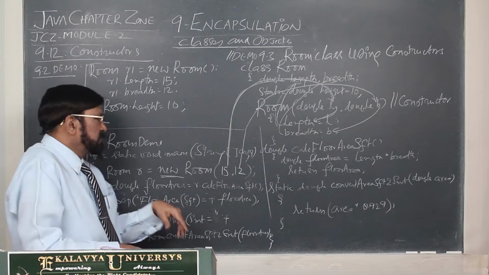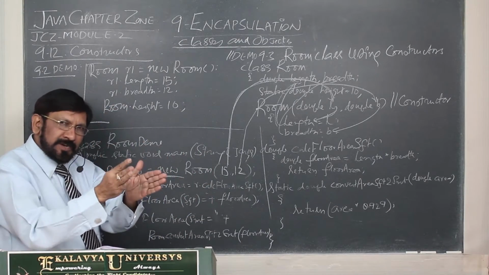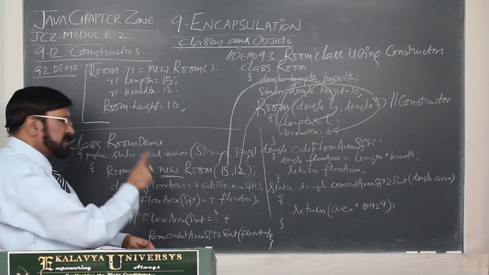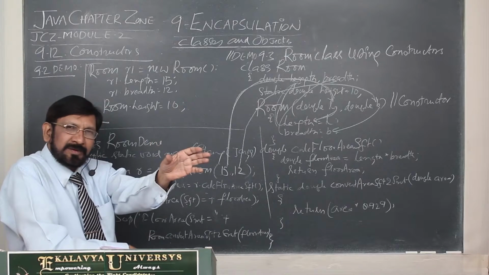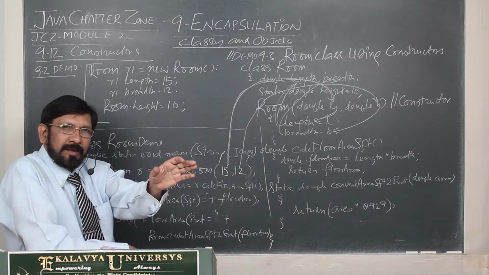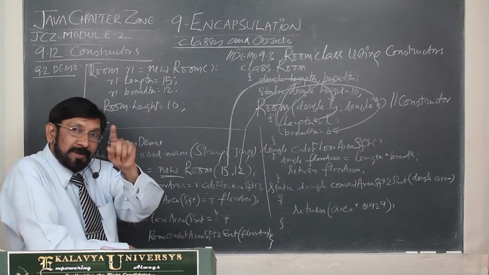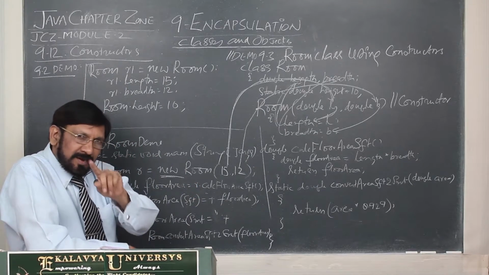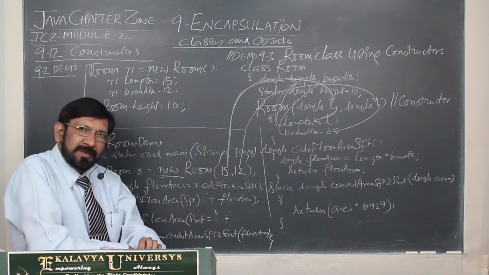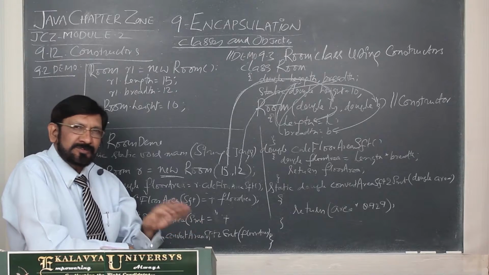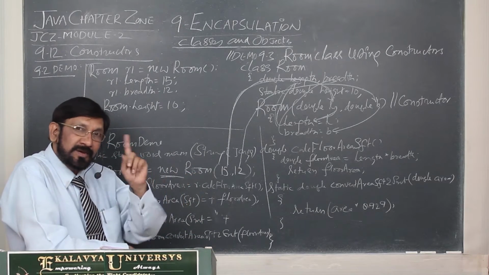The third one is the reference of the object is assigned to the reference variable. That you must understand properly. One object is created on the heap. Already I told you, we cannot give any names to that. But it is having an address. That address is called a pointer in C. Here, no pointers. Java does not support any pointers. That's why we call it a reference.